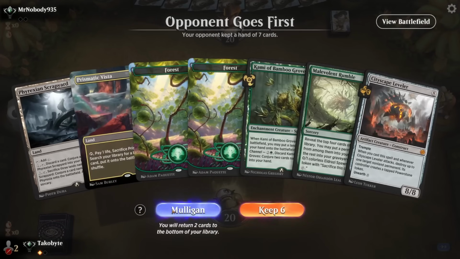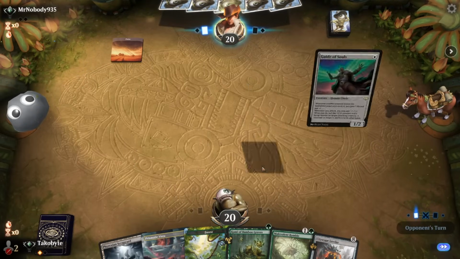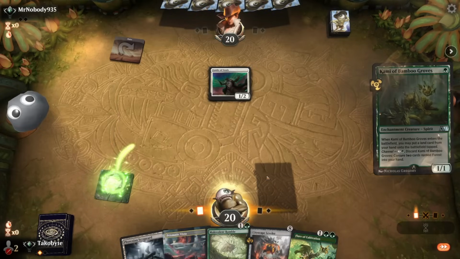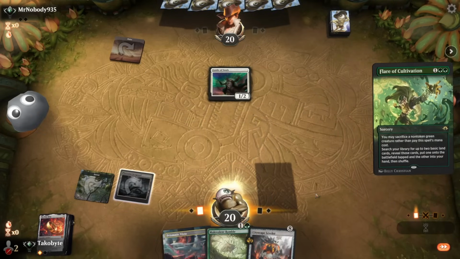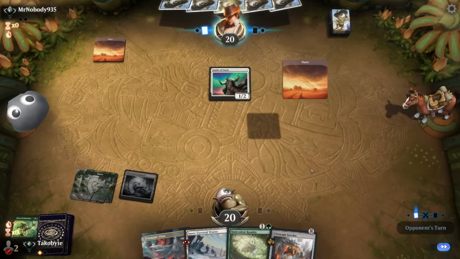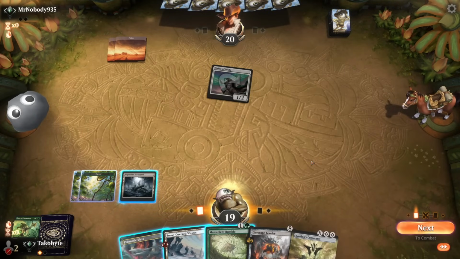Oh my god. This is so difficult. Getting a green source on turn 1. Oh my god. Oh my god. Oh, that's sick. That is sick. Okay,